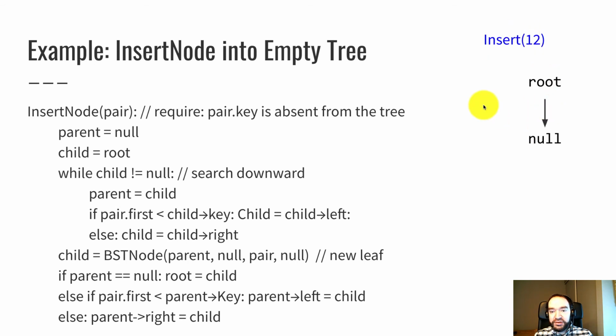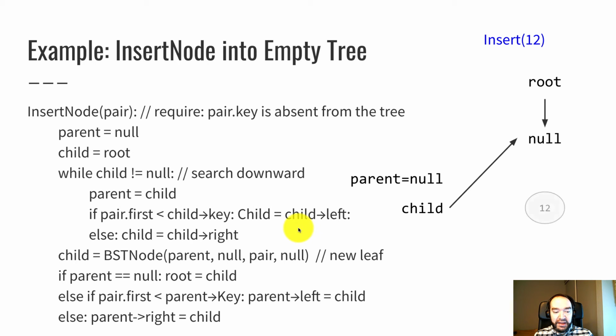Over here, the root pointer points at null. It's empty to begin with. So parent is null. Child points at whatever the root is, which is null as well, actually. And then this while loop will not iterate, because while child is not null, child is null. So the while loop doesn't go anywhere, which makes sense because we don't need to seek downward lower into the